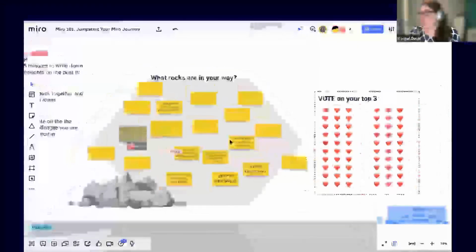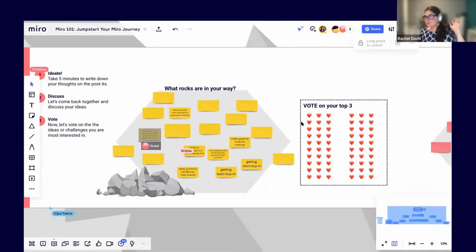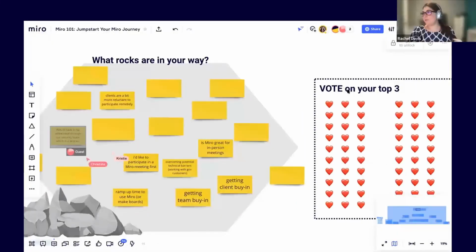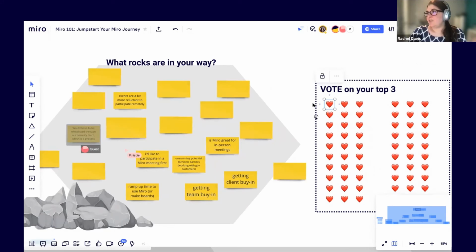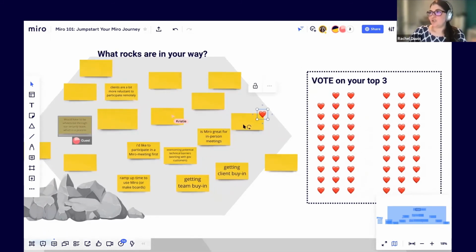All right. We're going to skip the little voting activity here because we're running out of time and I talked about most of them anyway. But this is one of the ways you can vote on Miro, is using emojis to vote instead of using the internal voting. So really what I do here is I ask people, okay, drag over to vote on your top 3.